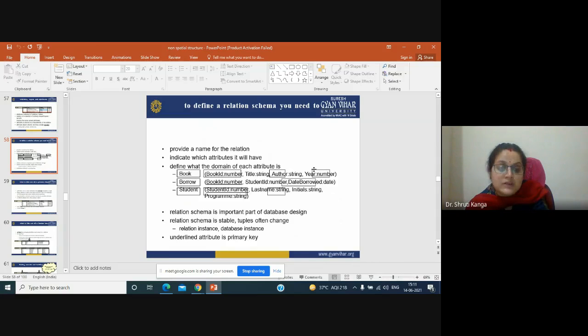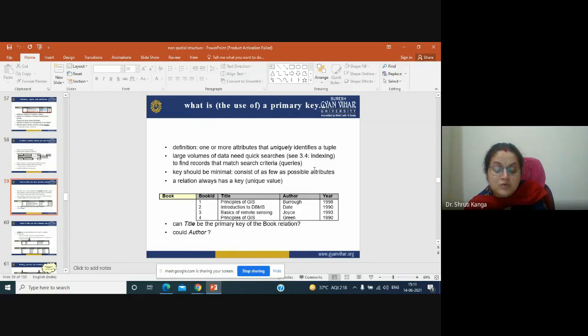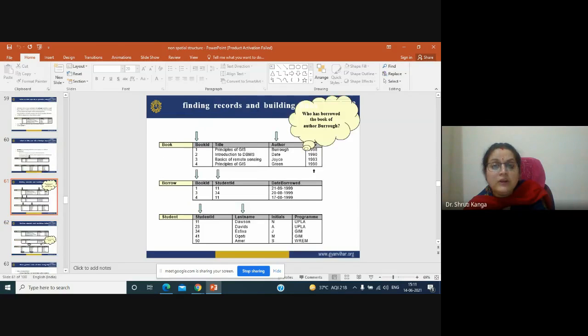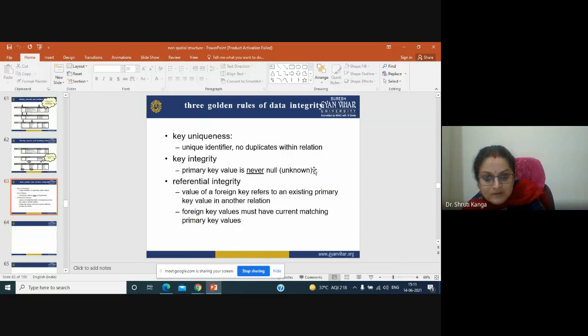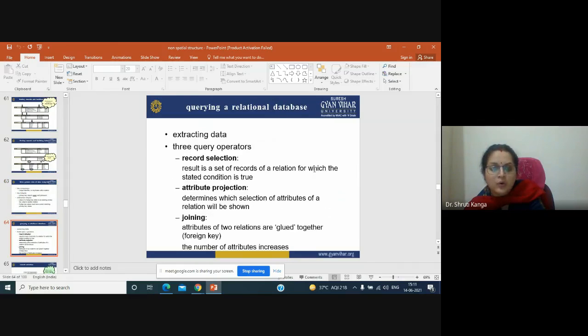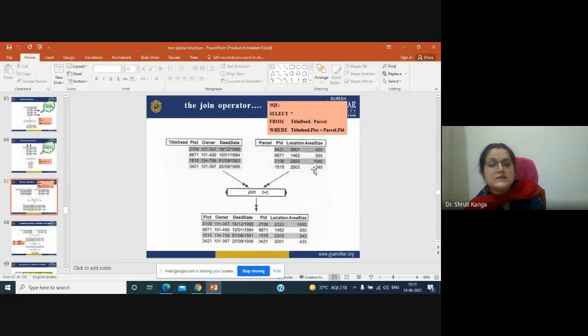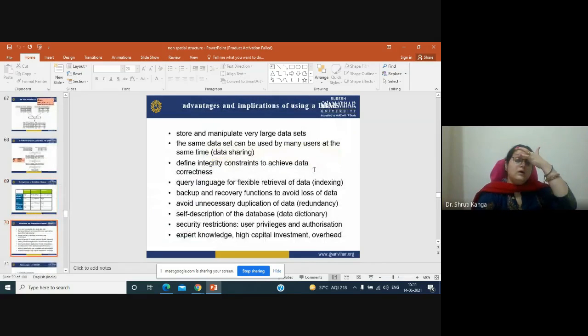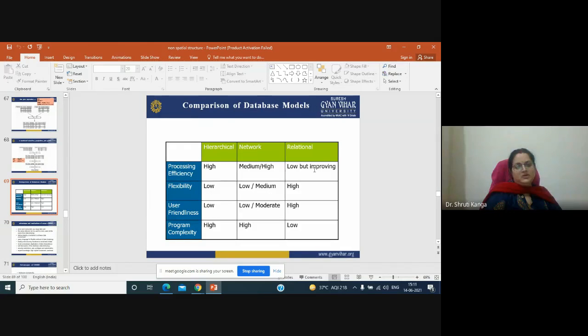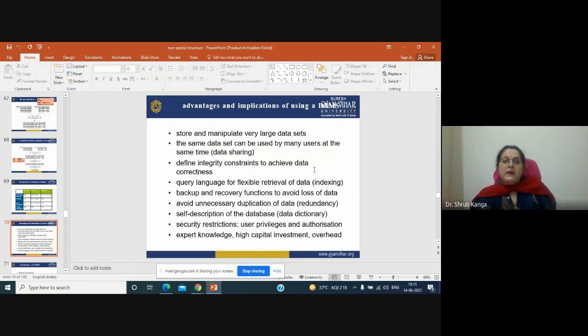So you should know the basics of relational structures in terms of their different keys and normalization. But in very detail you will be studying all these things in your database management system paper, which is taken by, I think, Dr. Varun.